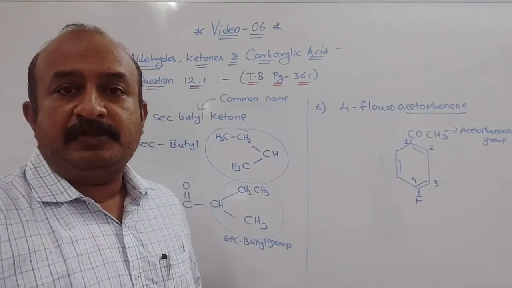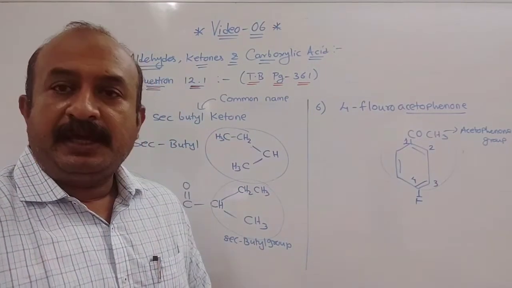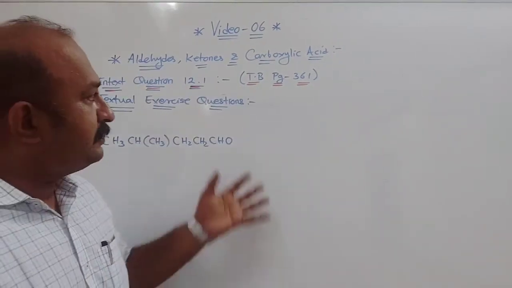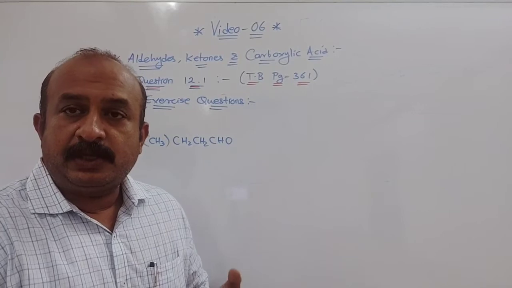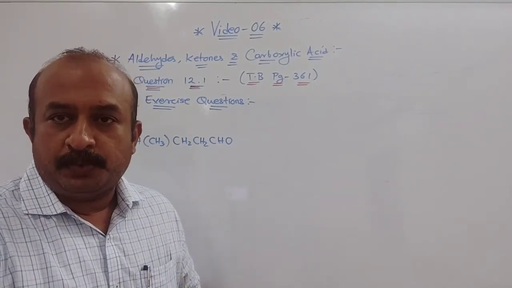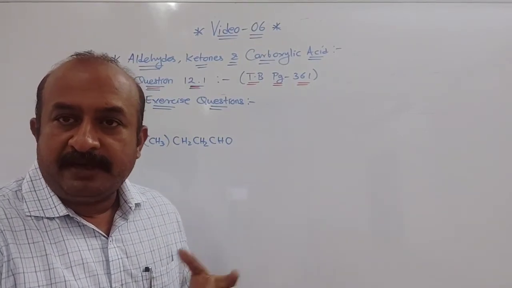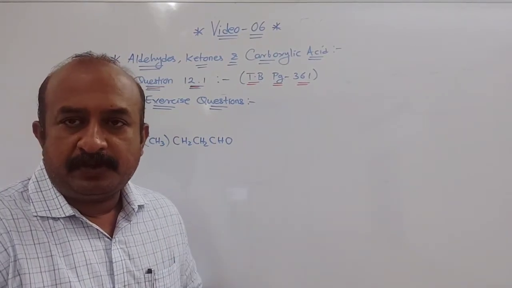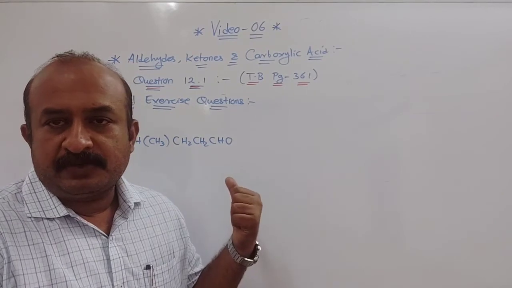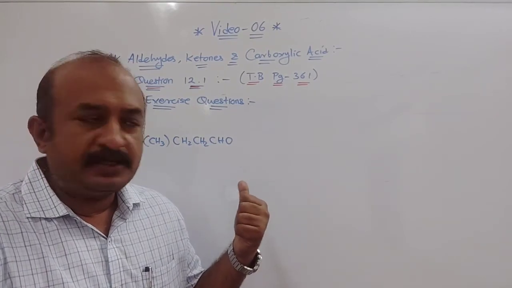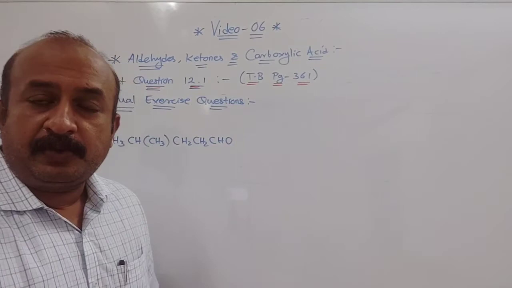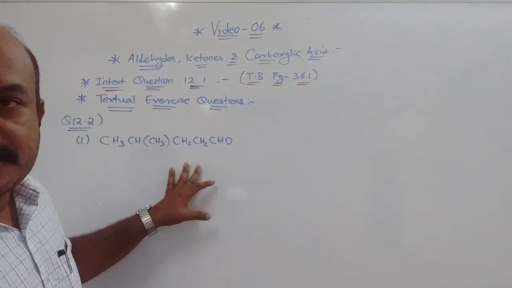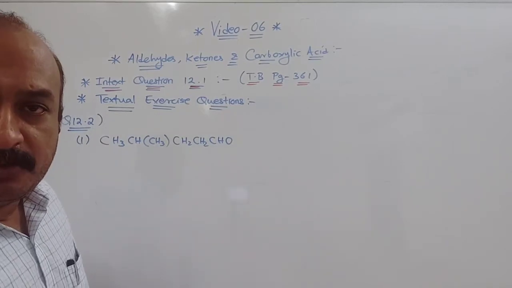Now next we will see the questions from your exercise. Just a minute. The next part we are going to see is textual exercise question 12.2. The 12.1 questions are all definition questions; whenever we finish a topic, we will keep on revising it. Here we have first completed the topic of nomenclature, so we are discussing question 12.2. In that, the structure or formula is given, and from that we have to derive the name.